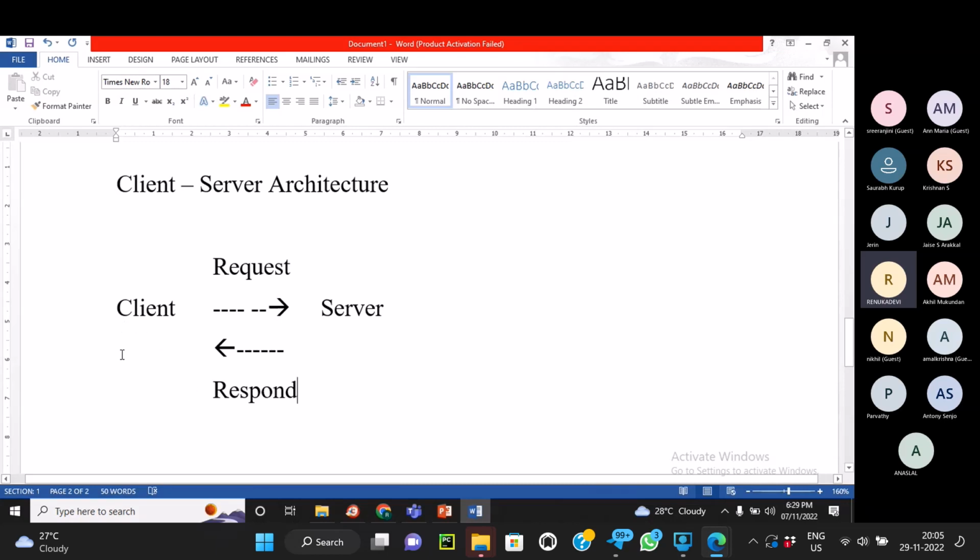So the client will post the request in form of a URL. If I'm going to search for any website, or anything, we will be giving www.lnt.com. Like that we will be giving in that URL, and